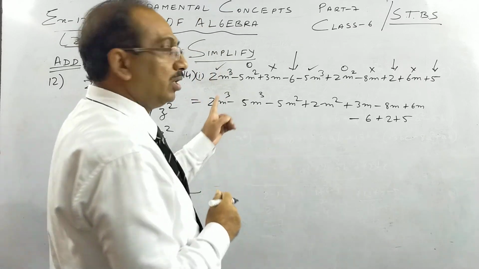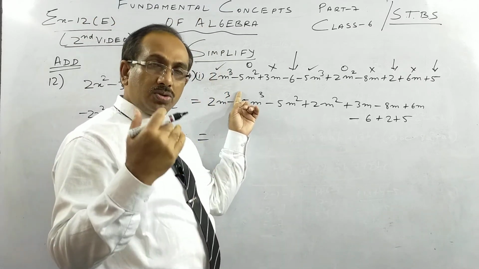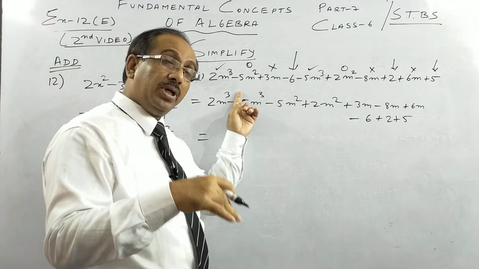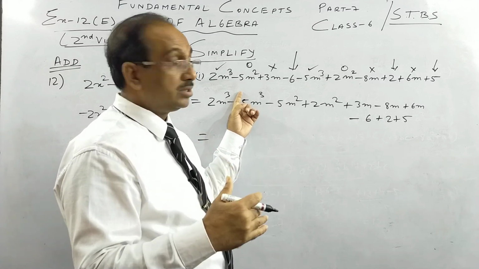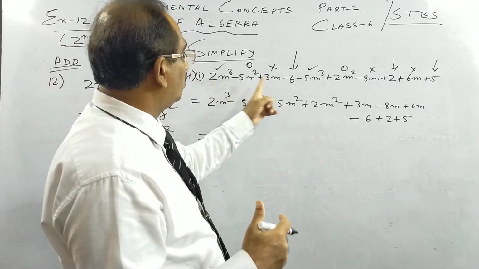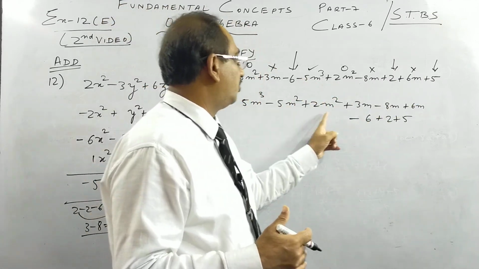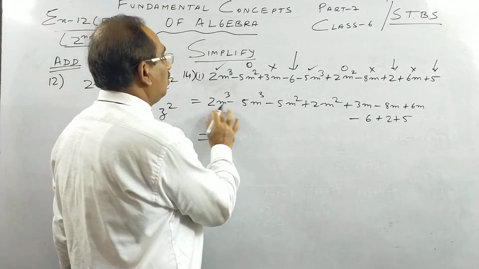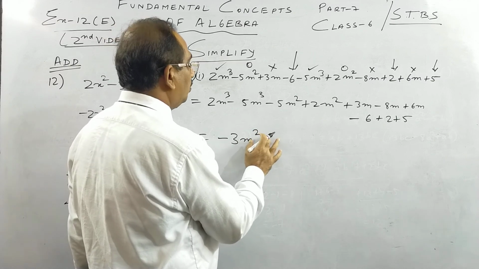So count the total number of terms. So here in this question I'm doing it slowly. You also do it slowly. Rather be late than be wrong. You can give time, but if you are wrong, the whole effort goes waste. So please take your time. 1, 2, 3, 4, 5, 6, 7, 8, 9, 10. So let us see, this will give you plus 2 minus 5 is minus 3m cube.